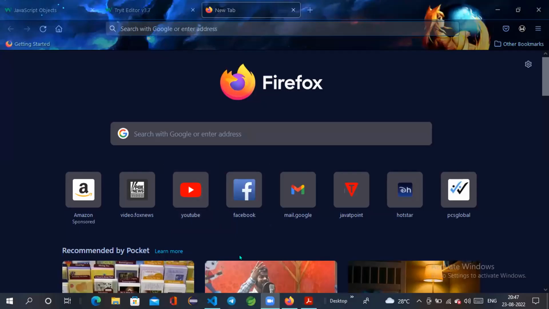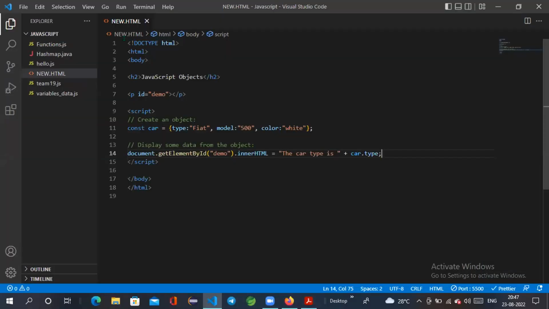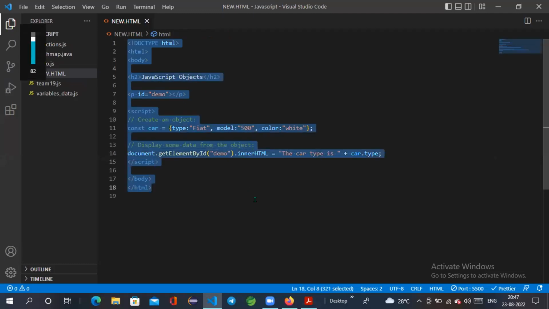In the meantime, you can do just share the screen. That is the another example. That is the other example. So